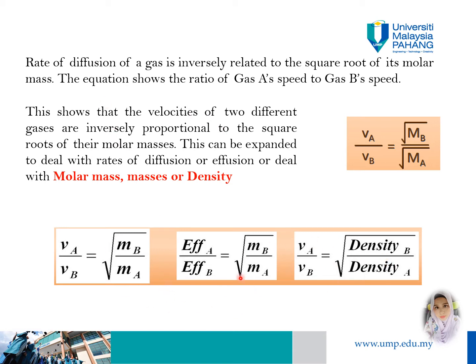Since equal volumes of different gases contain the same number of particles, the number of moles per liter at a given temperature and pressure is constant. Therefore, the density of a gas is directly proportional to its molar mass.